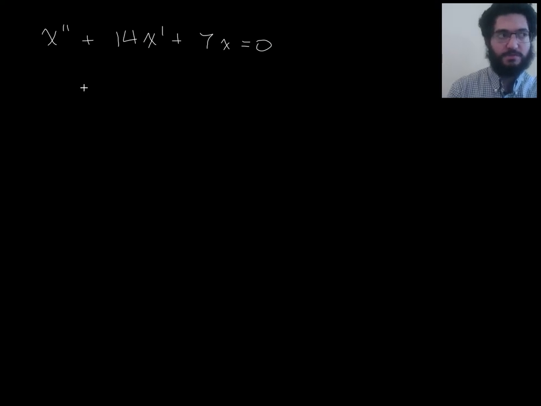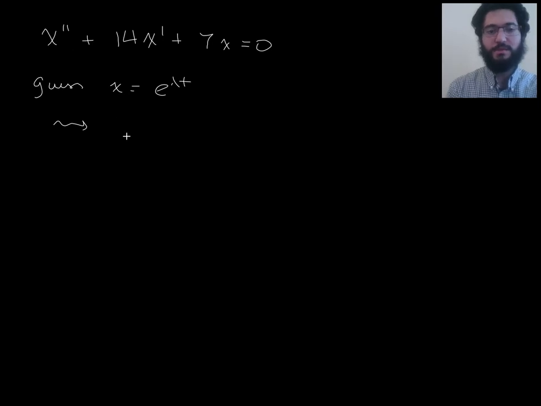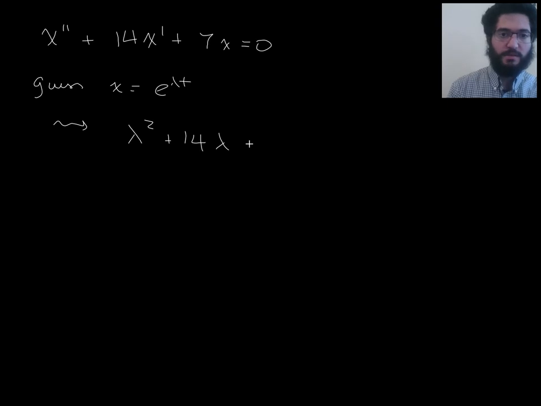Okay, so here's the differential equation, and as usual, we guess x equals e to the lambda t, and we get a characteristic polynomial. When we plug in our guess and cancel out the e to the lambda t, we get lambda squared plus 14 lambda plus 7 equals 0. But look, this is a square. So this is lambda plus,